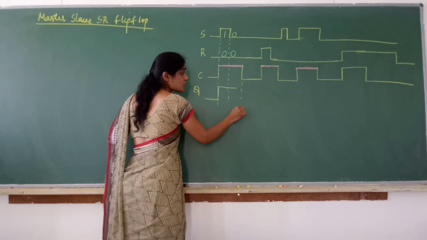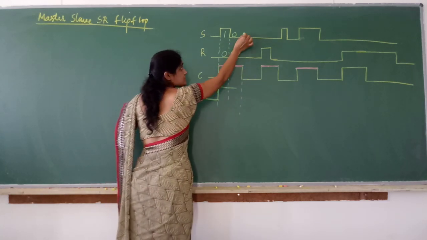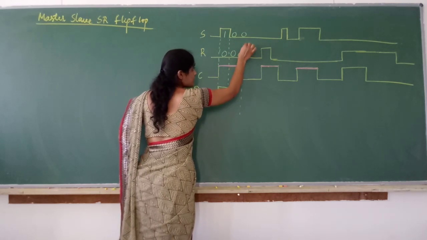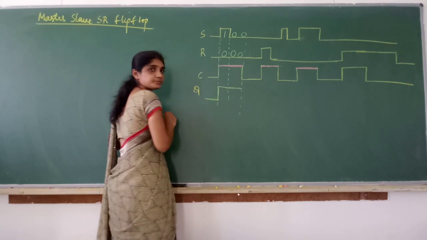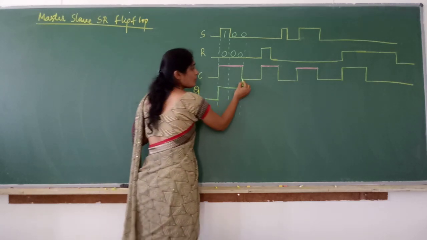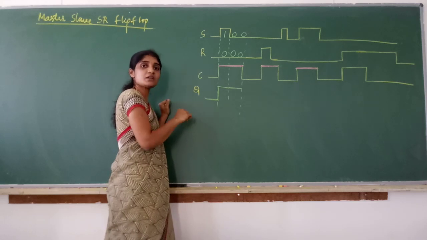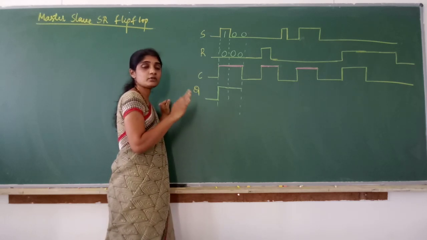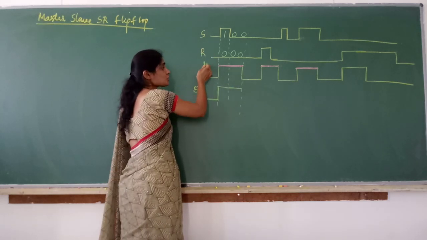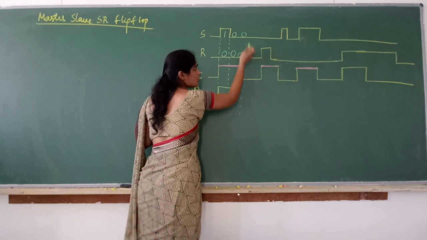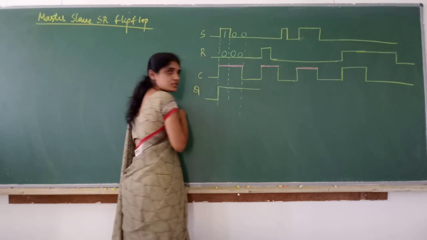So you have to see the input change until this clock pulse. 0, 0. So till here it is 0, 0 only, so the next state is the same as the previous state. Now when clock is 0, what is the next state? Same as the previous state only. When you give the clock as high, only then does the output change with respect to input. If clock is 0, you need not check the inputs because the output is the same as the previous state.